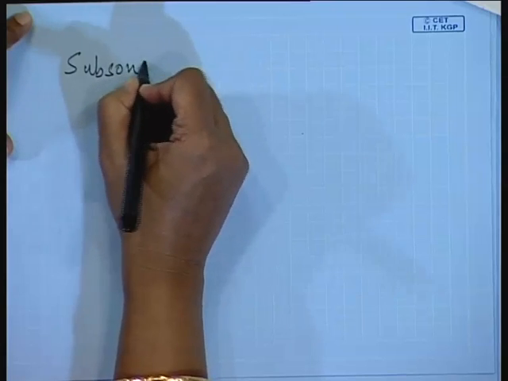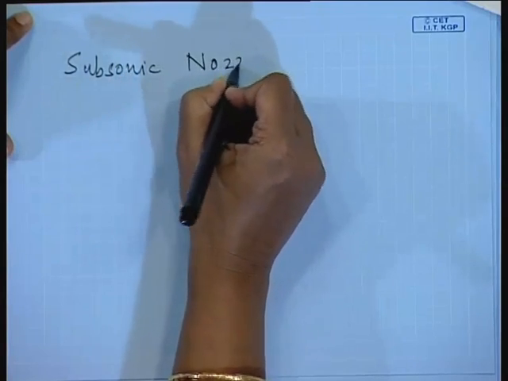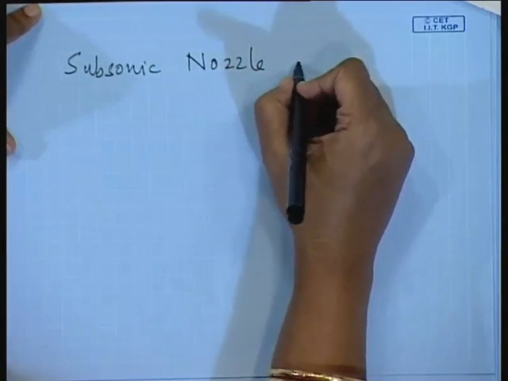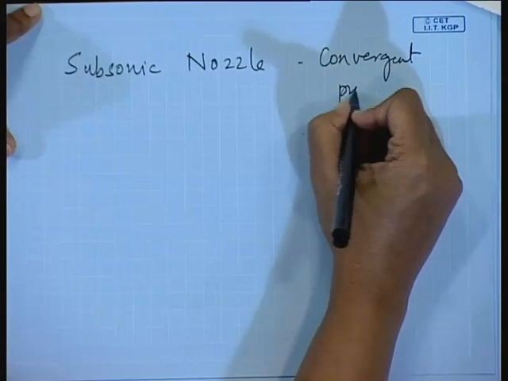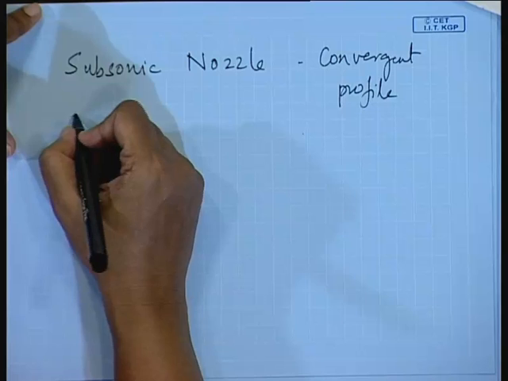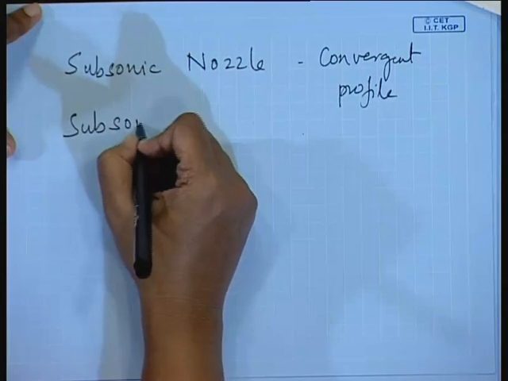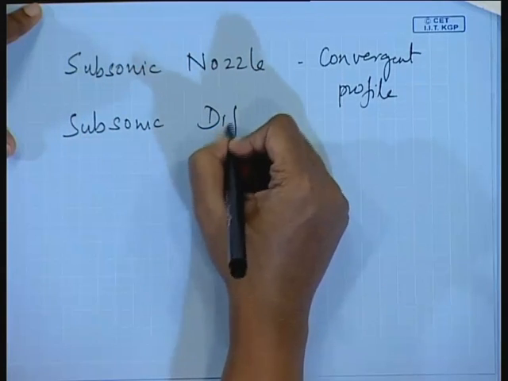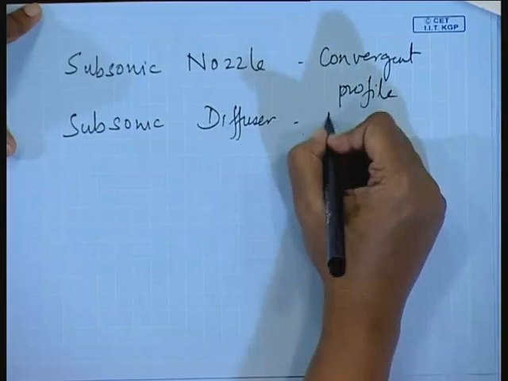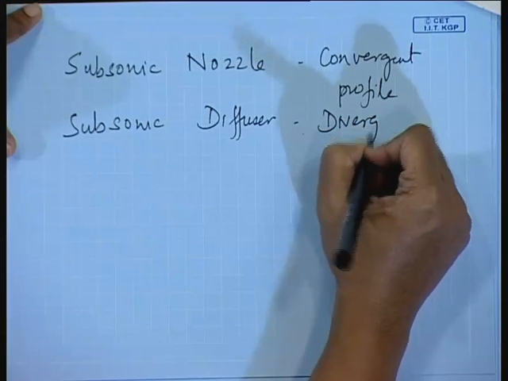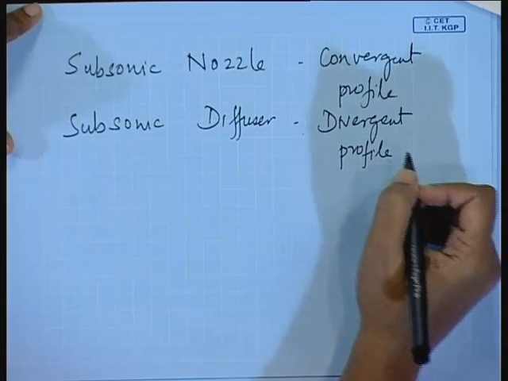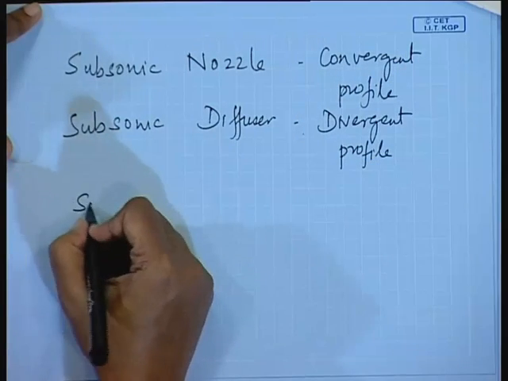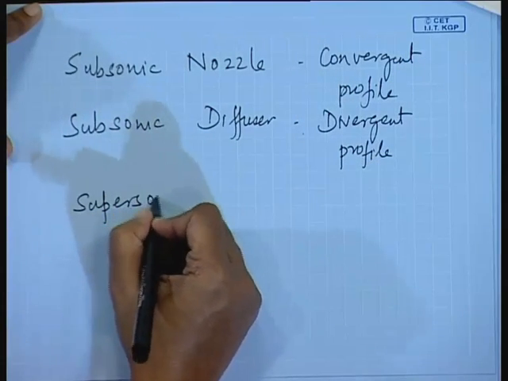Subsonic nozzle, convergent profile. I am writing down whatever I have drawn and shown you. Subsonic diffuser, divergent profile. On the other hand, if we take a supersonic nozzle,